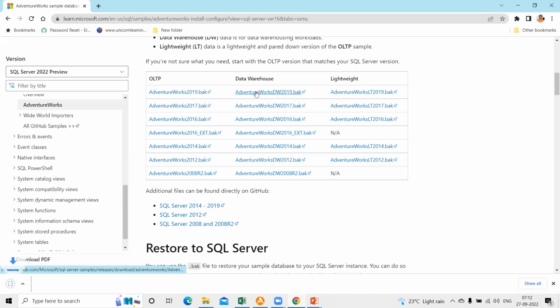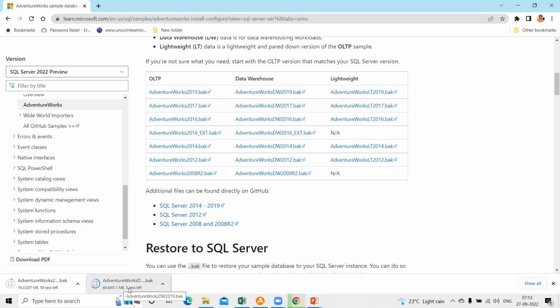So I'm going to click on it. So it's getting downloaded. I'm going to click on it. It's getting downloaded. So if you see here, the data warehouse version is about 97 MB. This OLTP version is about 207 MB. So it's getting downloaded. Meanwhile, we will start our management studio because we are going to restore this database using management studio. So I'm going to type